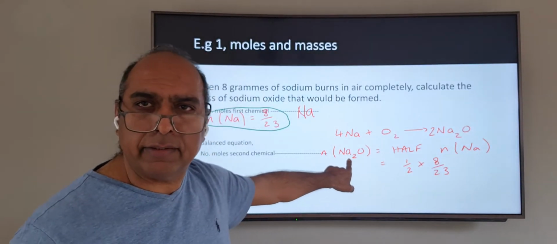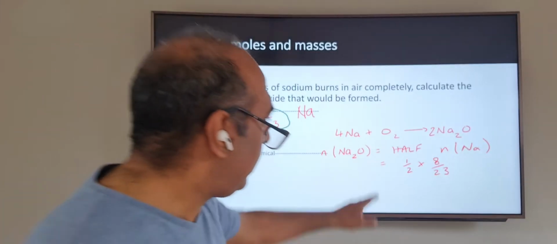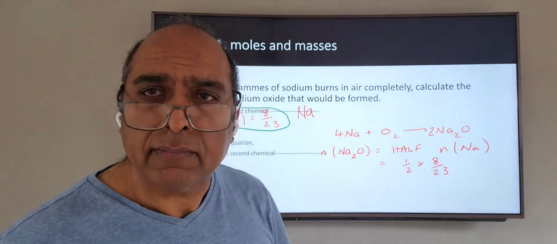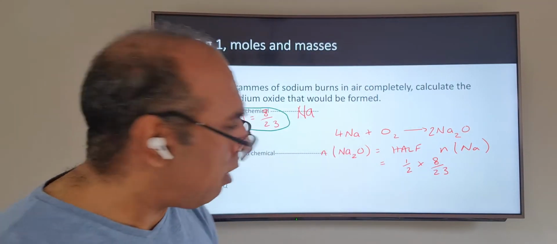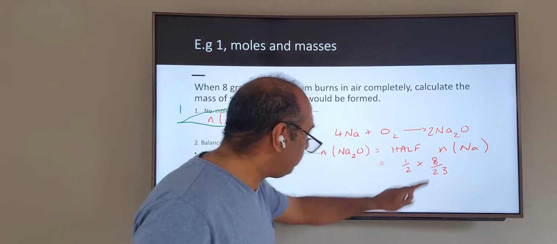That's the second chemical. And the answer is half. Half the number of moles of sodium. The balanced equation gave you that. It told you it was half the number of moles of the first chemical. And if you know it's a half, then